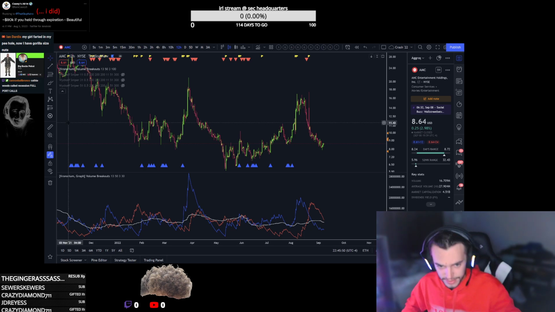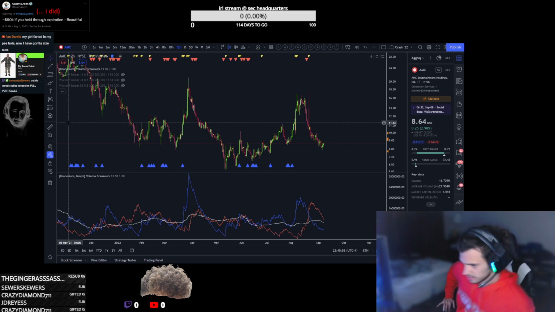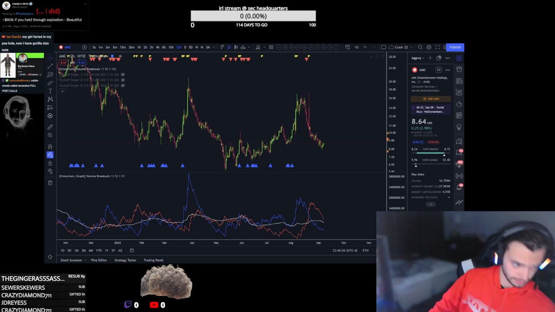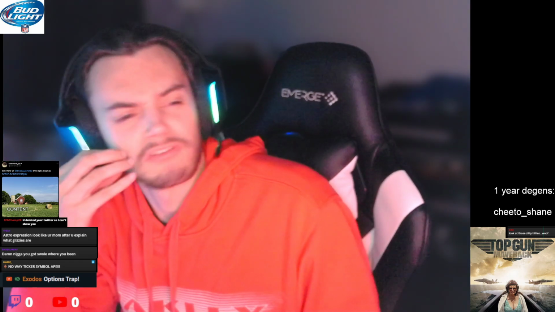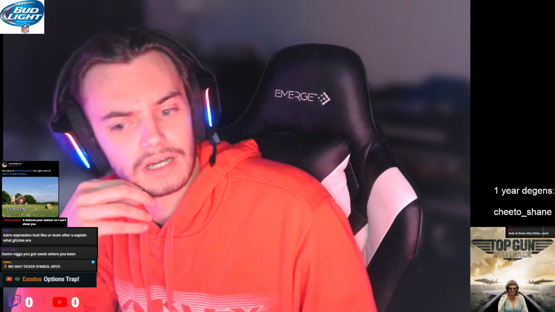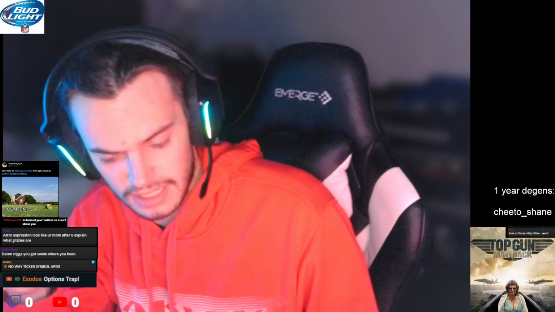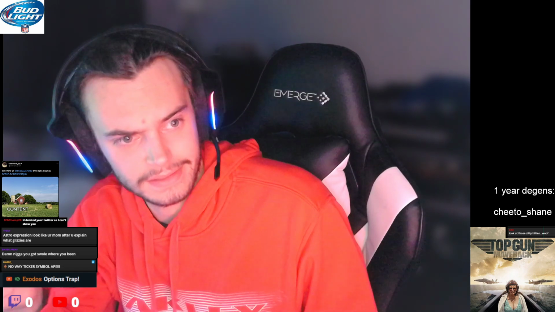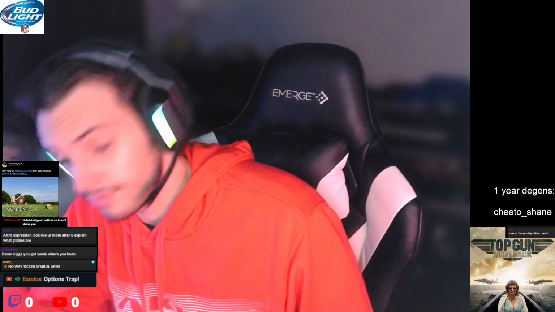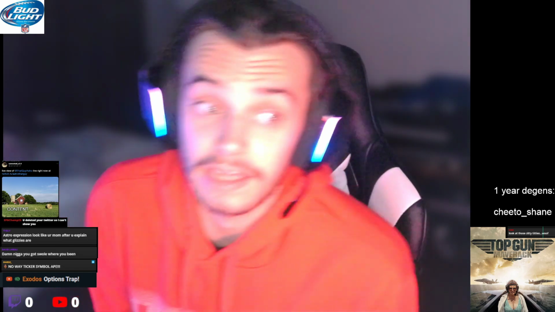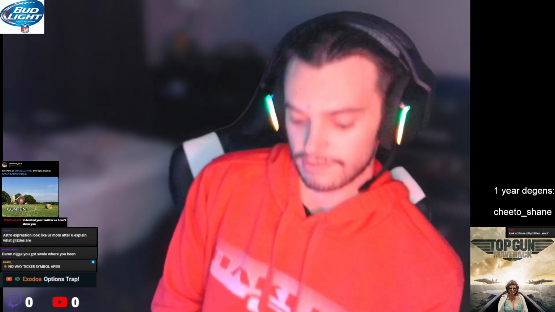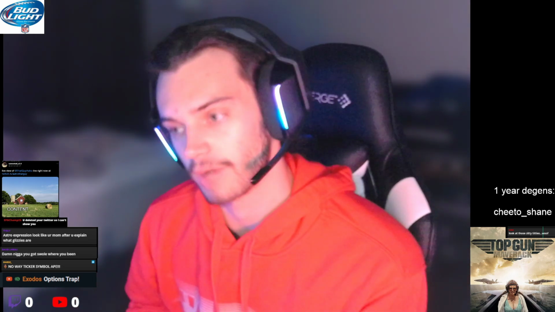So the new indicator is all about volume. Volume is probably the most important indicator that you could ever pick, or piece of data. If someone told me, here's 25K and you can only use one indicator to trade, I would probably pick VWAP.